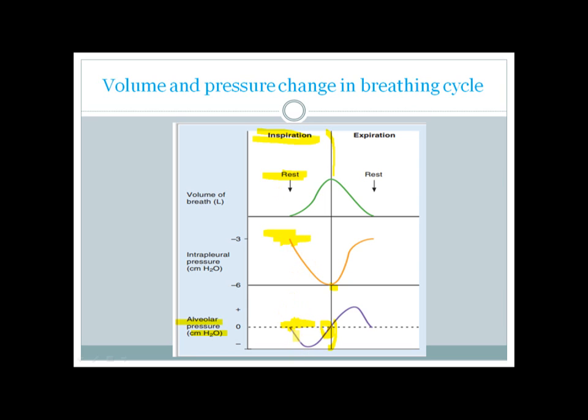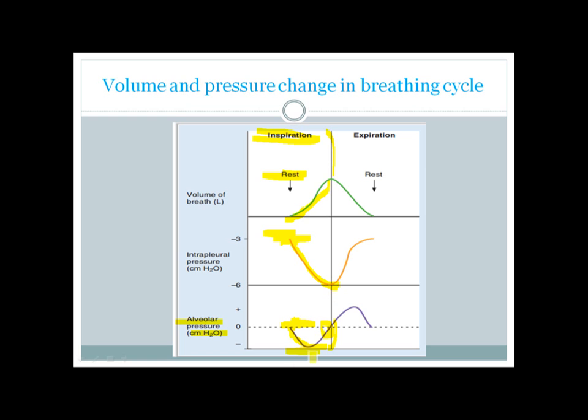centimeter water. So during the inspiration, what happens is it increases the volume of the chest cavity, creating an outward traction on the lung, decreasing the pressure in the alveolus, and this decreasing pressure in the alveolus causes a pressure gradient, and there is flow of air inside your lungs. And also this elastic property of the lung causes a drop in interpleural pressure from -3 to -6, and also the outward expansion of the chest wall puts a negative pressure on the pleural cavity, reducing the pressure